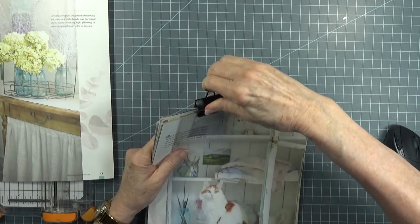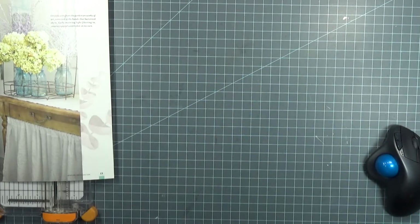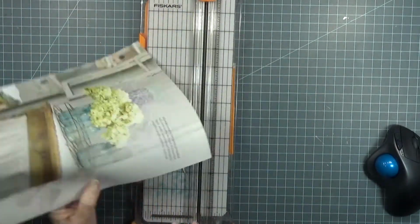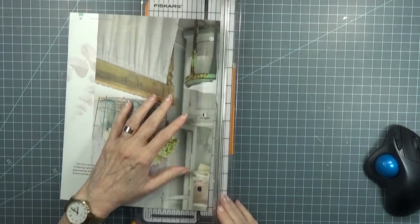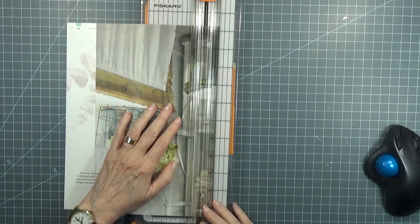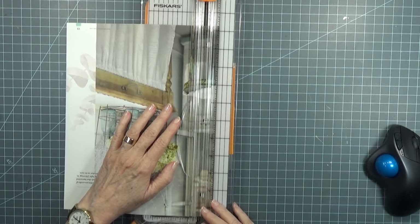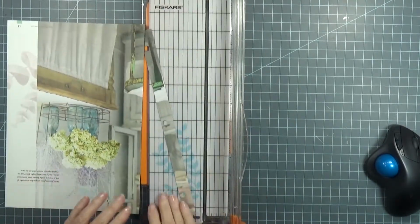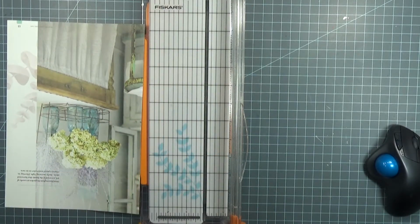I'm going to cut off those 3 holes that I had put in, because that's a ring. The commonplace glue book is a ring, has a ring binding. So let's see. Gone. Now,